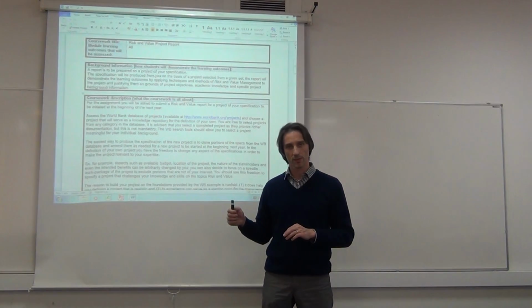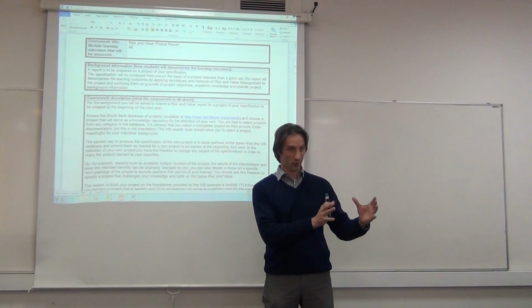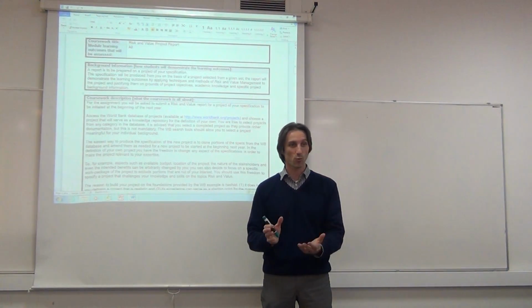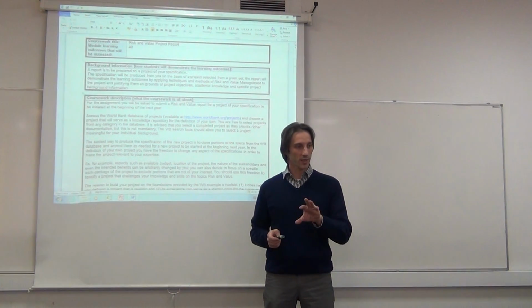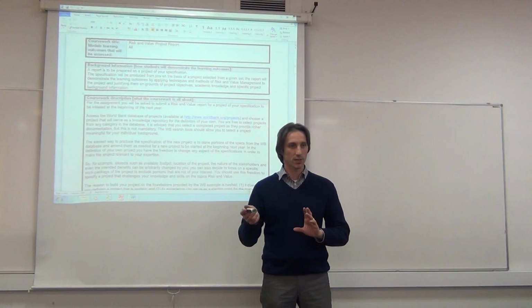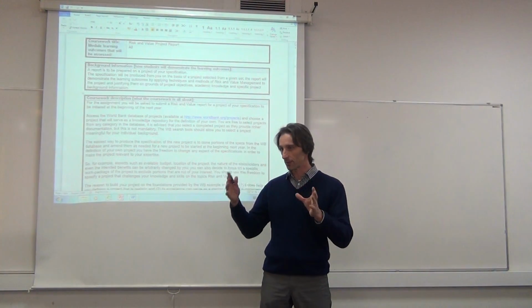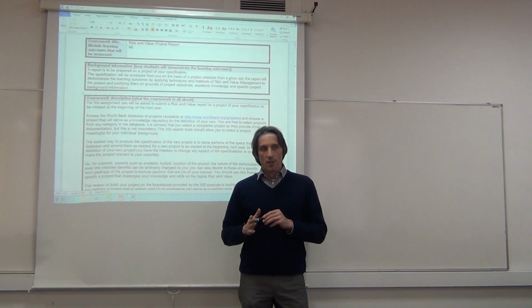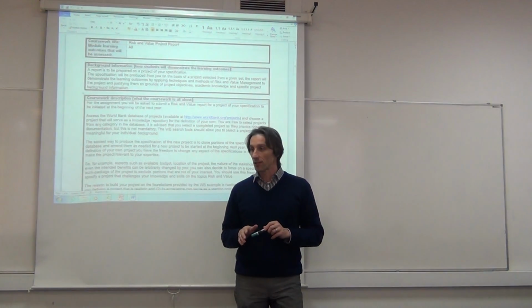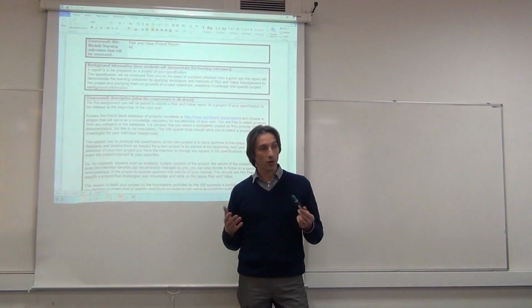Section D is on risk. So once you know what the project is, the value is, what can go wrong. And there are two ways to look into that. One is to start from the stakeholders, one is to look at the more generic risk profile. The last section we haven't covered yet in the lectures is on governance.